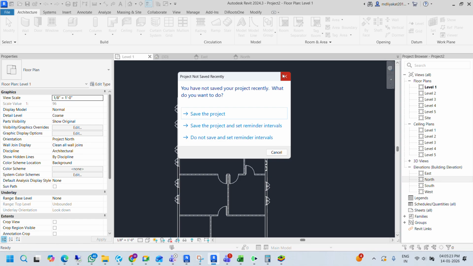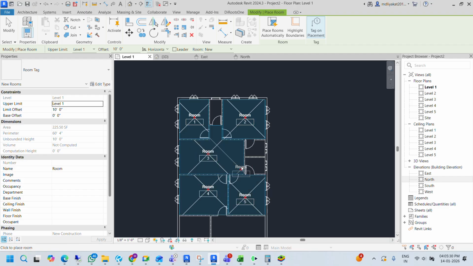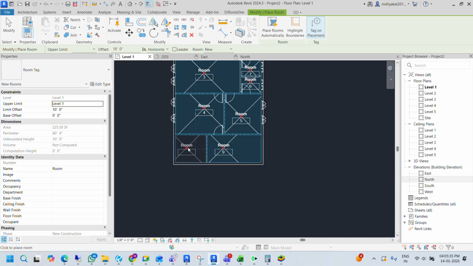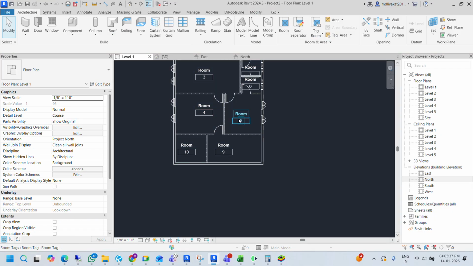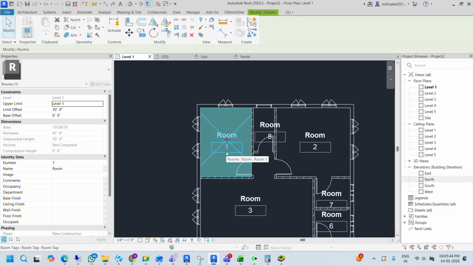I'm clicking on the room and giving numbers one, two, three, four, five, six, seven, eight, nine, ten. Okay, the room name, room bounding, and its name is Kim. Now, as I told you, when you click anything on the working window, its properties will appear in the property window. So I'm giving this room bedroom BR1. Okay,